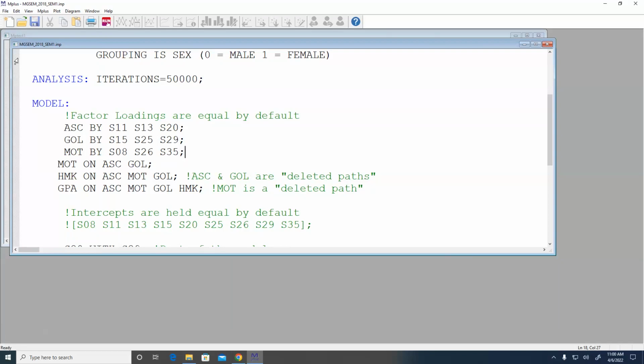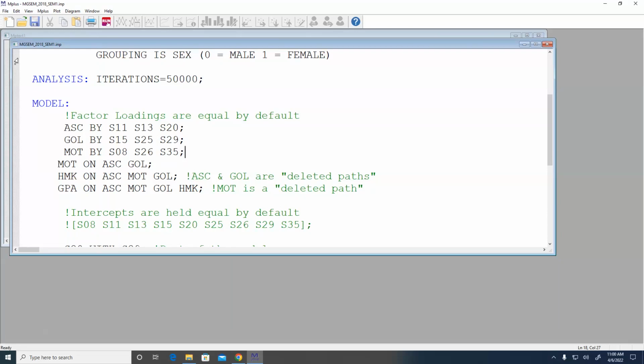So one thing you might want to do is just look at those 3 paths and see, do they look kind of similar to each other or not? You could eyeball it, but that's not going to be how we determine whether we can delete those paths. This becomes my baseline model, and model 2 is going to be the model that I compare to this model to see if I can actually constrain those paths to be equal to each other, right?